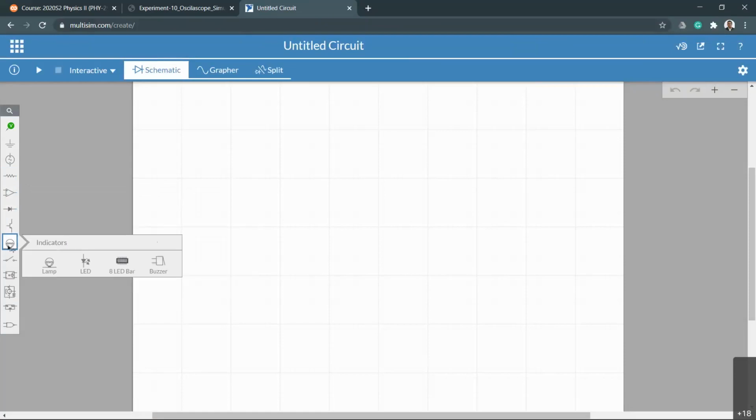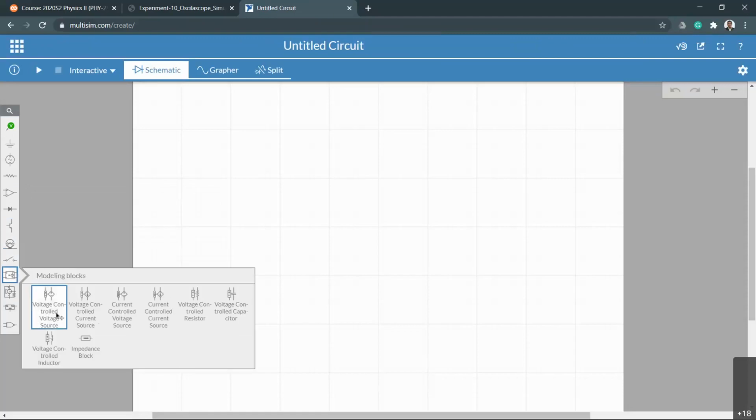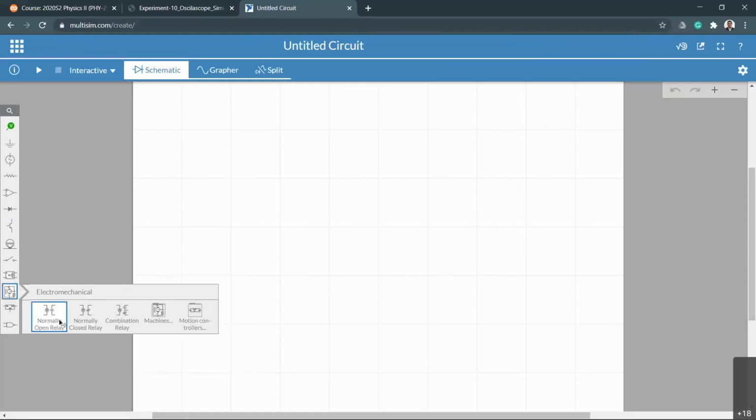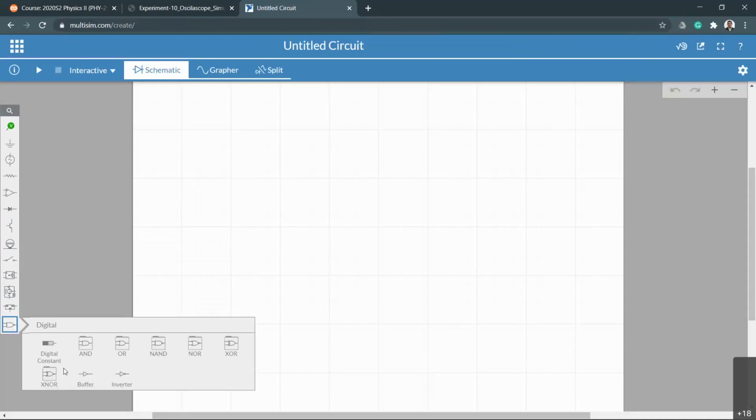transistors, indicators, different switches, and then you can see different voltage supplies here, and also electromechanical items, relays, and so on, power, and then beyond that. Okay, these are actually digital gates, what we're talking about. I don't know whether you took any electronics class. If you took an electronics class, you might have learned the digital gates: AND gate, OR gate, NAND gate, and so on. So all those things, you can create any complicated circuit here,